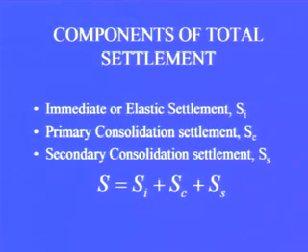And we have seen that the leaning tower of Pisa is the classical example of tilting. Now, we have also discussed the types of settlement, and in that we discussed that the total settlement comprises three settlements. One is known as immediate or elastic settlement, which we designate by SI, primary consolidation settlement, that is SC, and secondary consolidation settlement, that is SS. So, this total settlement of the structure can be written as SI plus SC plus SS.